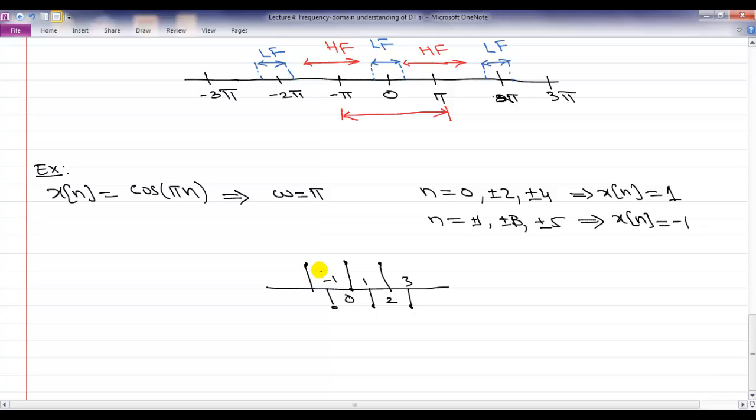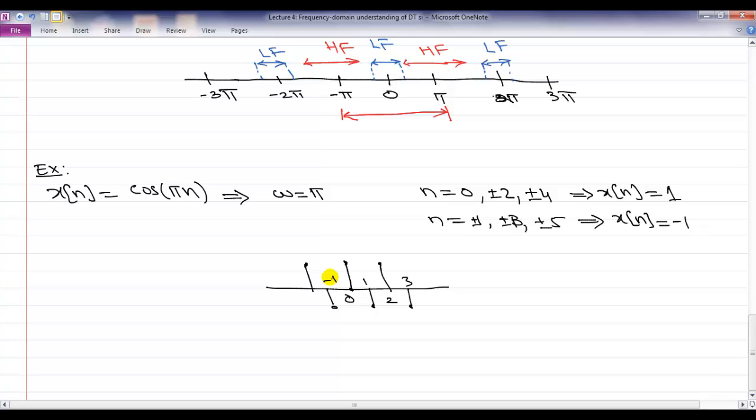This is what it looks like. And this is the highest frequency. This is the fastest that a signal can wiggle in the discrete world. Right? It takes a positive value in one sample and a negative value in the next sample. But in the continuous world, between any 2 points there are more points, so you can make the signal go faster in between those 2 points. But in the discrete world, because you are stuck, there is nothing that exists between 0 and 1, that's the fastest you can do.